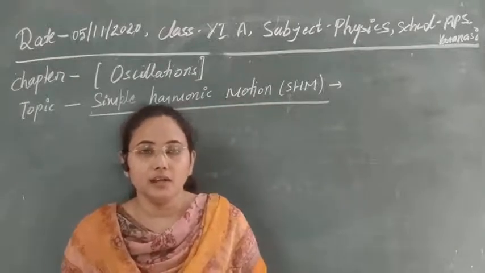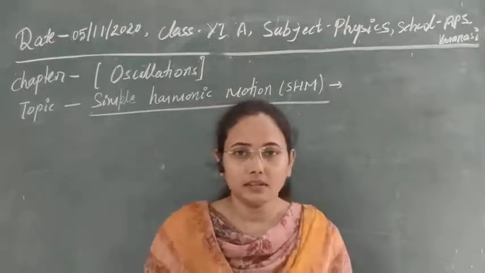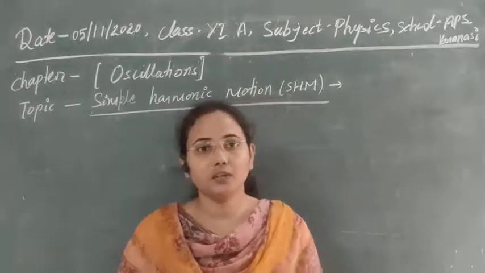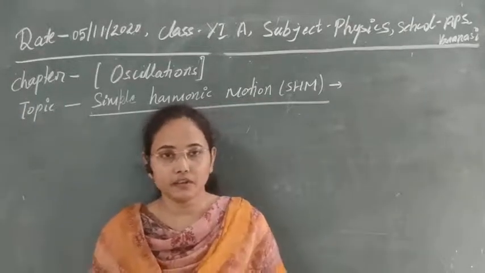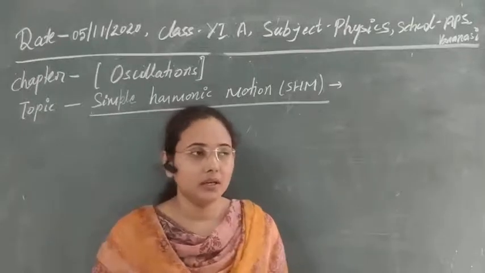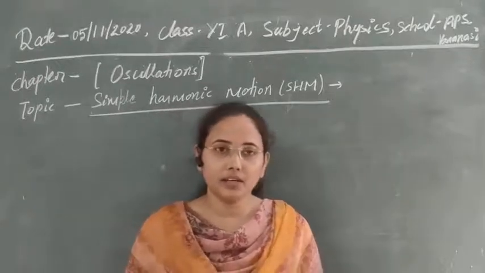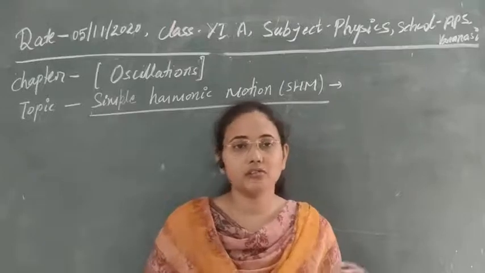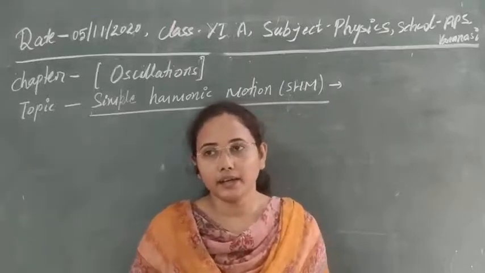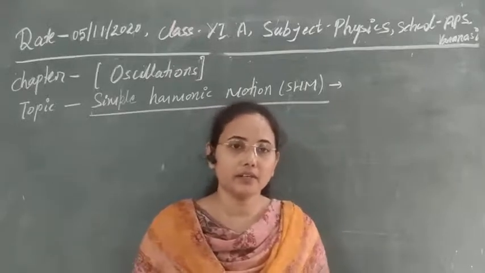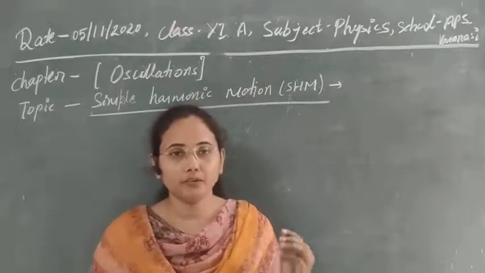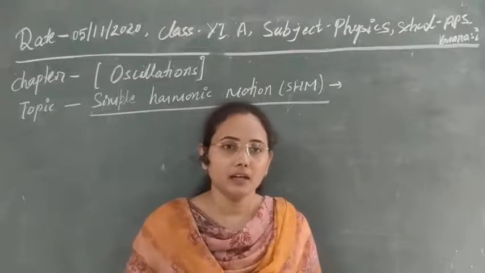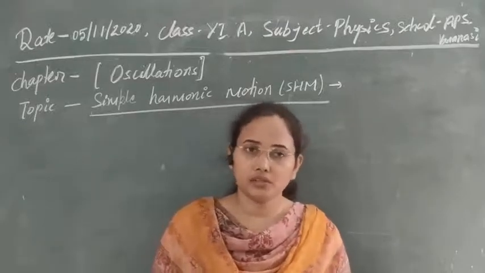Hello students. Yesterday we saw what simple harmonic motion is, what free oscillation is, and also the equation for simple harmonic motion. It means that if there is any oscillatory motion which is harmonic, a case where we use a trigonometrical function to describe the position of the particle, then describing the oscillatory motion with that trigonometrical function is known as